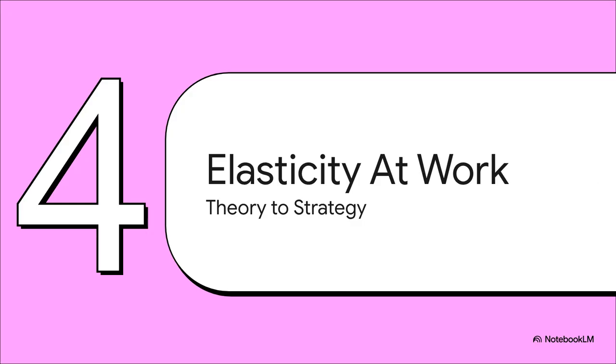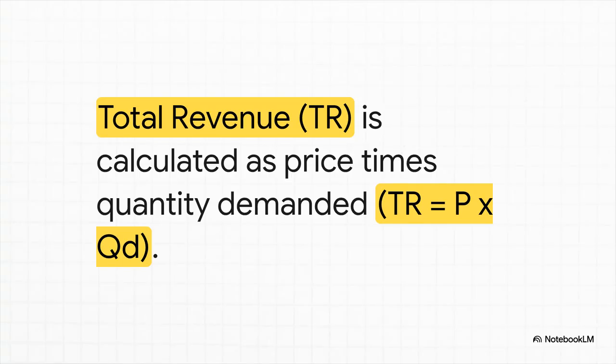All right, now for the part that really matters. How do actual businesses and financial pros use this stuff? This is where all that theory turns into a powerful tool for making more money and winning negotiations. So, for pretty much any business, the big goal is to maximize total revenue. And that's just a simple formula. The price you charge times the number of things you sell. And it turns out, understanding elasticity is the secret to cracking this code.